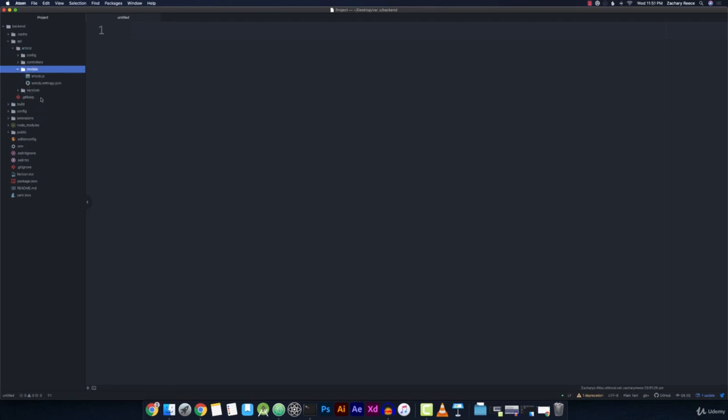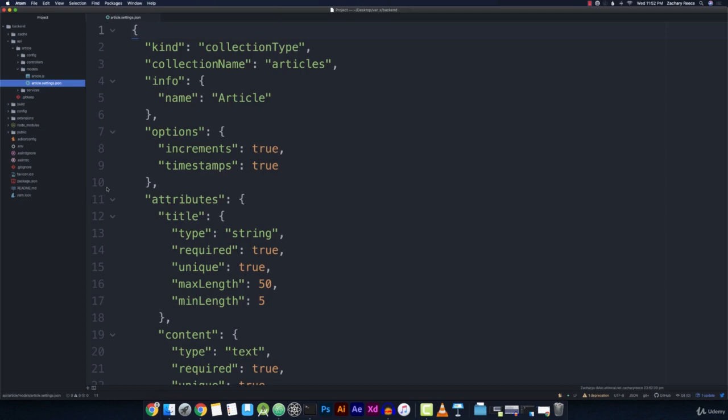Models represent the database's structure, and it's split into two separate files. The first is a JavaScript file that contains the model options. And then the second is a JSON file that represents the actual structure of the data stored in our database. Let's first go ahead and open up the